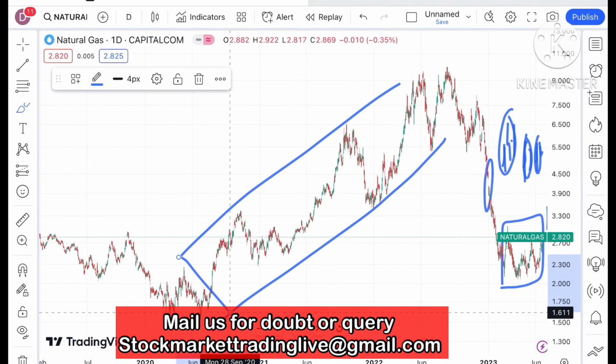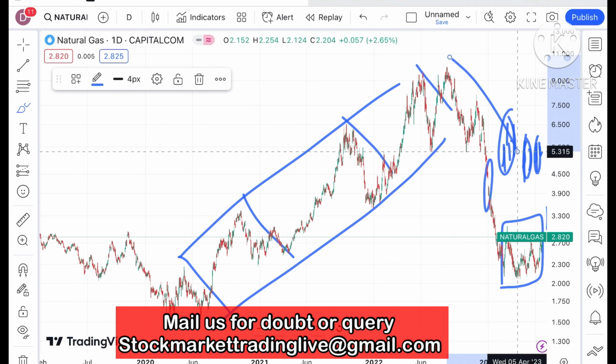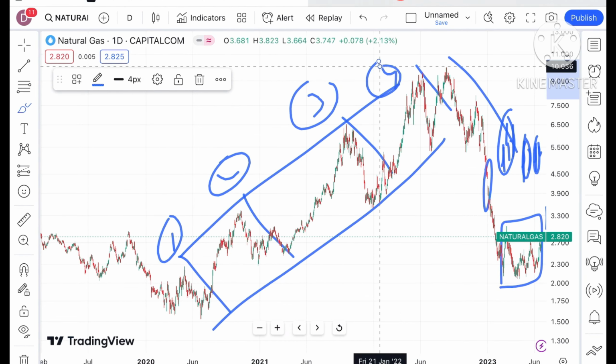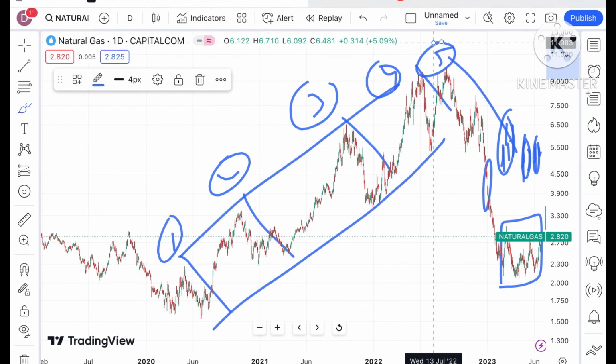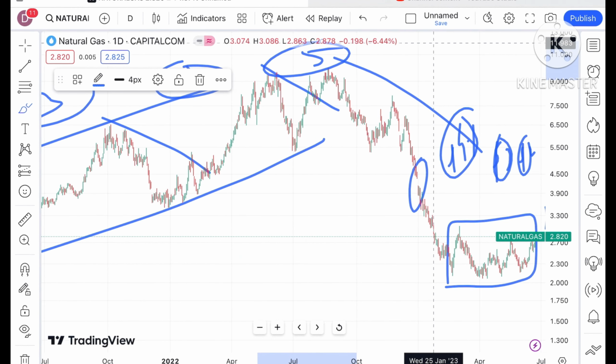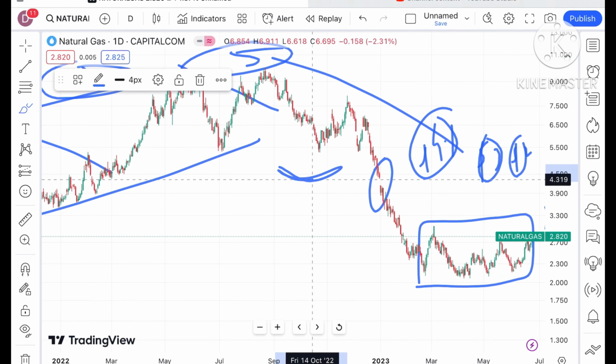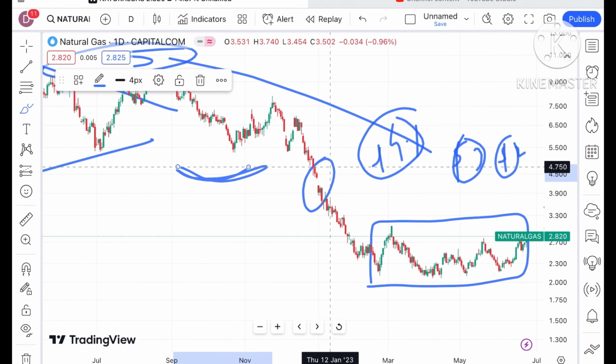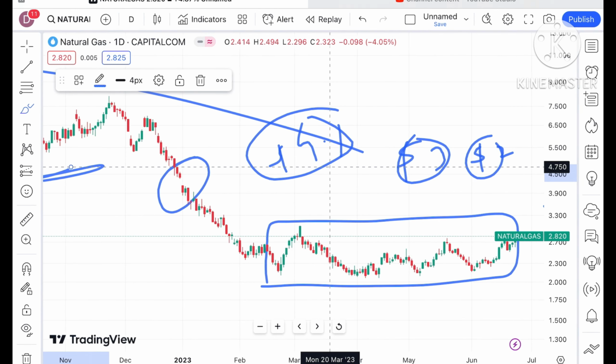What this pattern is saying is that whenever it is hitting its previous high, look at this particular pattern, it is making a sharp fall. And for the fifth time it is continuously being created. It has not made a swing, so that for the sixth time it should break that particular zone, but it is continuously on the downside.